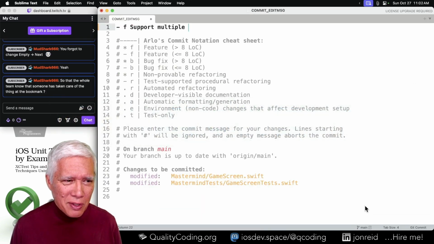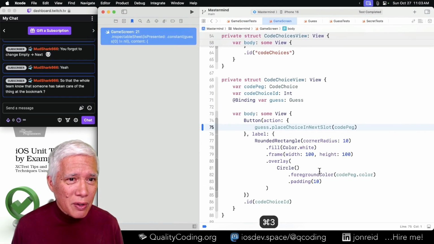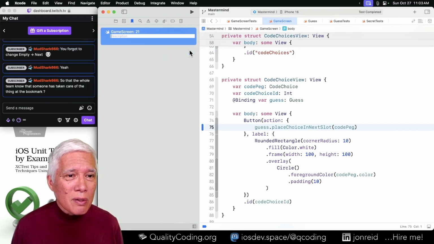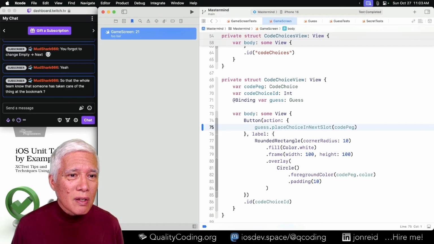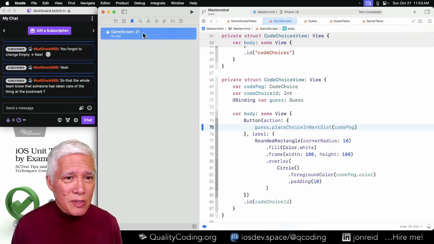Especially because you can bookmark a line or a file, but it's like, what about it? Is there something you can describe about the bookmark? You can edit the description. Oh. So it can say, do something, something, something. Interesting.